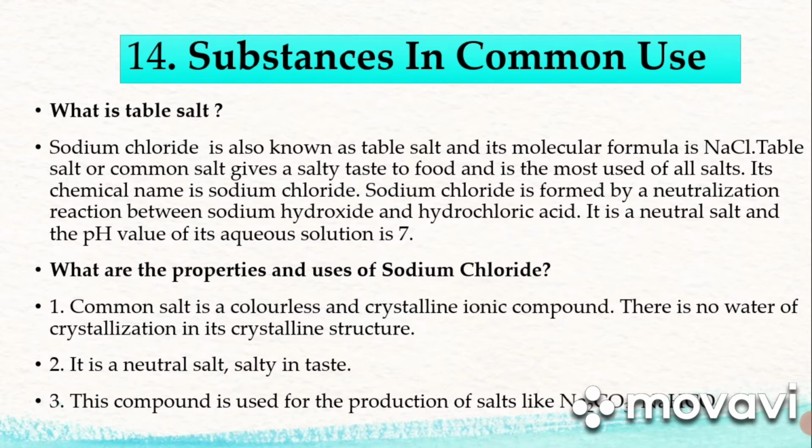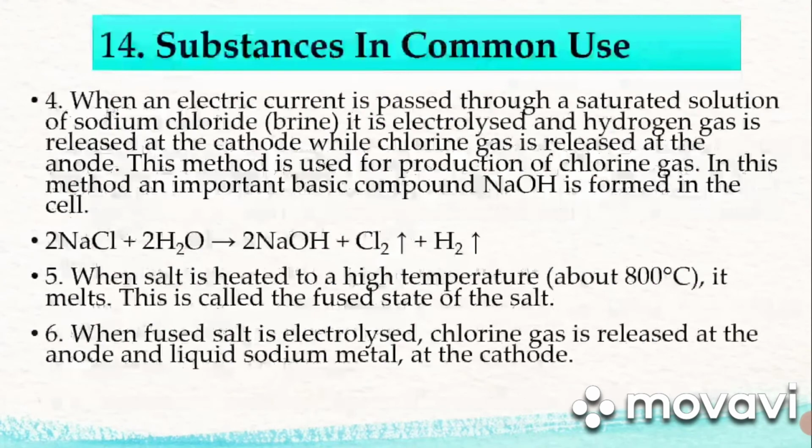What are the properties and uses of sodium chloride? Common salt is a colorless and crystalline ionic compound. There is no water of crystallization in its crystalline structure. It is a neutral salt, salty in taste. This compound is used for the production of salts like sodium carbonate Na2CO3 and sodium bicarbonate NaHCO3. When an electric current is passed through a saturated solution of sodium chloride, which is brine, it is electrolyzed